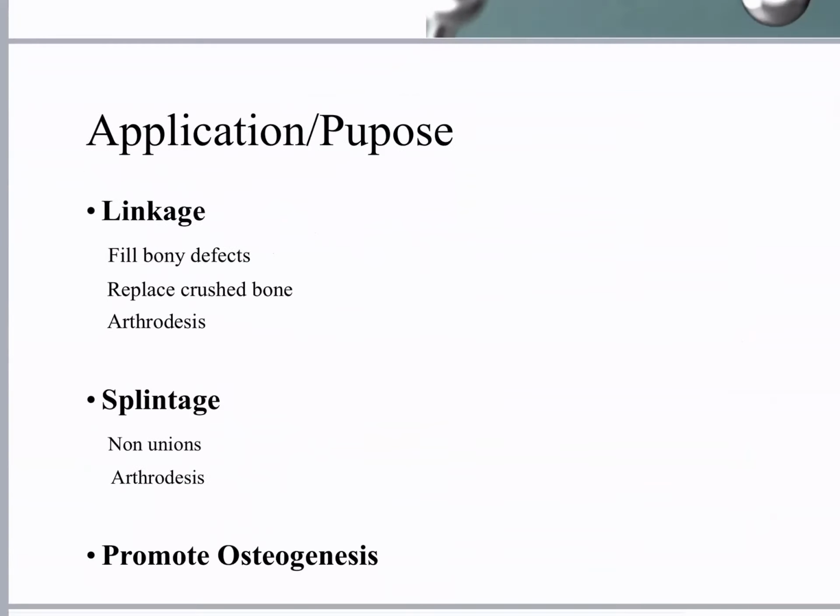They have three main purposes when you use bone graft: it acts as a linkage, as splintage, or to promote osteogenesis. Linkage is when you fill bony defects, replace crushed bone, or use it in an arthrodesis. Splintage is when you use it for non-unions or arthrodesis, and primarily as an